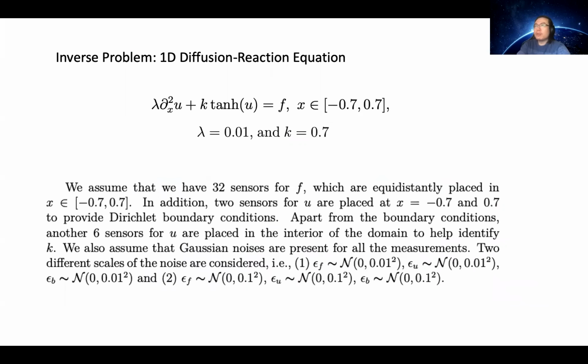So this is the inverse problem. Were these decisions motivated by something in particular? I noticed the errors are of various scales. You assume F has a very small scale error, whereas things like B and U have a larger scale error. Oh yes. Basically, we designed this problem just to say U and F are the same scale.